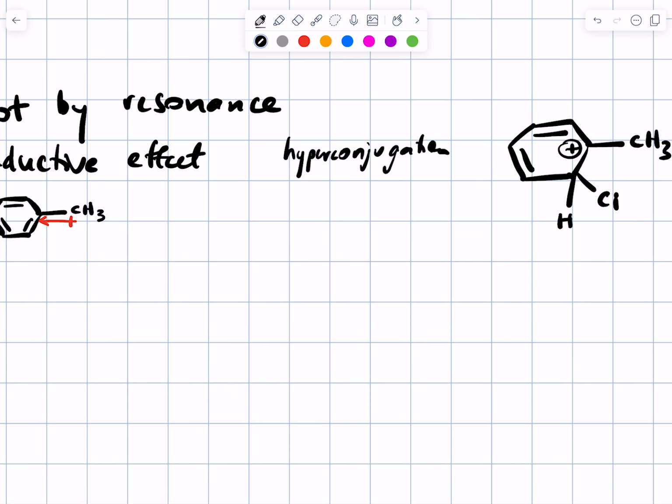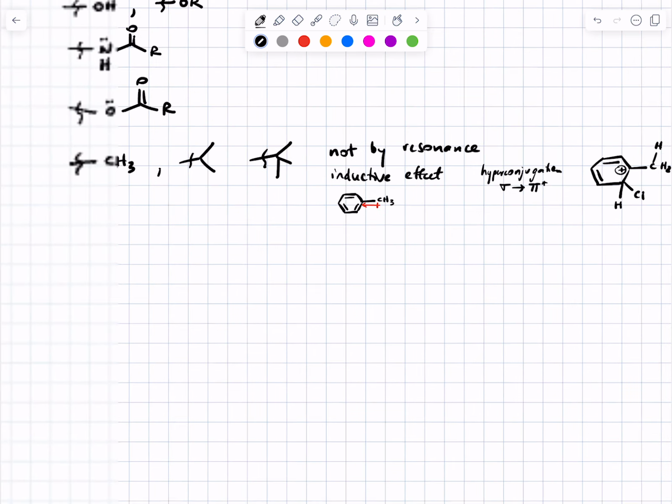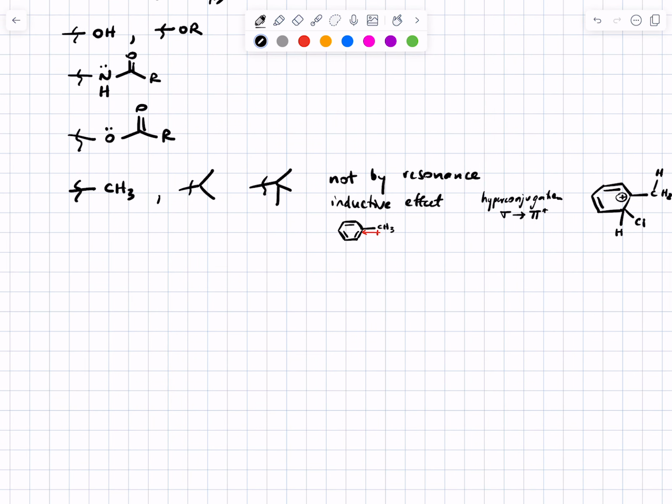What's likely happening in that ortho or para intermediate is you're putting a positive charge, which corresponds to an empty orbital, on the carbon where the methyl group is, and those CH bonds are donating electron density into the ring via hyperconjugation. You could think of this as some sort of sigma to pi star type of hyperconjugation. We don't need to go in any more detail than that, and it's fine to just memorize that alkyl groups